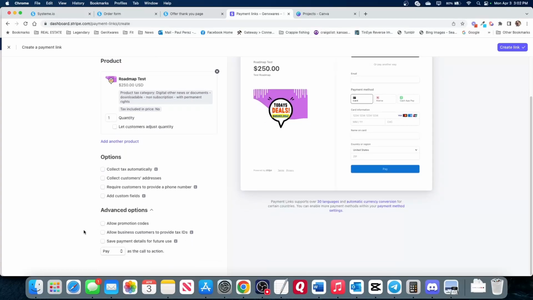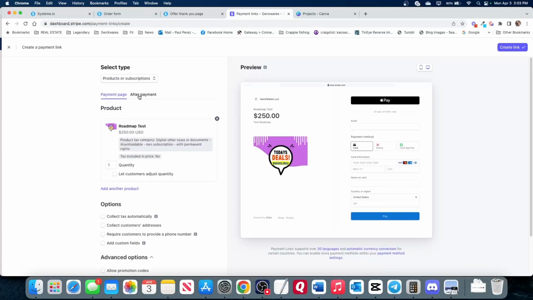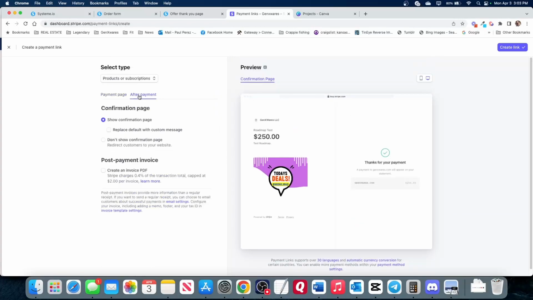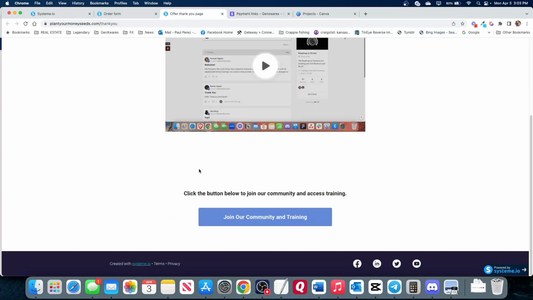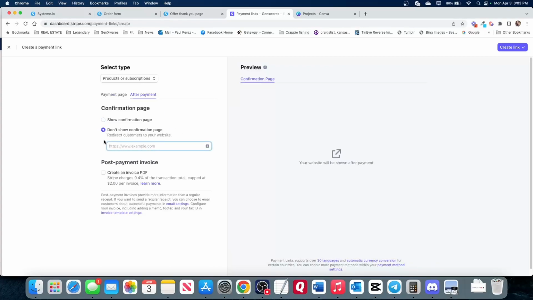Advanced options. Allow promotion codes. Allow business customers. None of that really is all that much needed, but we're going to want to go up here to after payment. And this is important because this is where we're going to guide them back to that thank you page and allow them to continue on to the course, remember? So what we're going to want to do here is, instead of showing a confirmation page or replacing the custom message, we're going to put don't show the confirmation page, and it's going to show to redirect the customers to